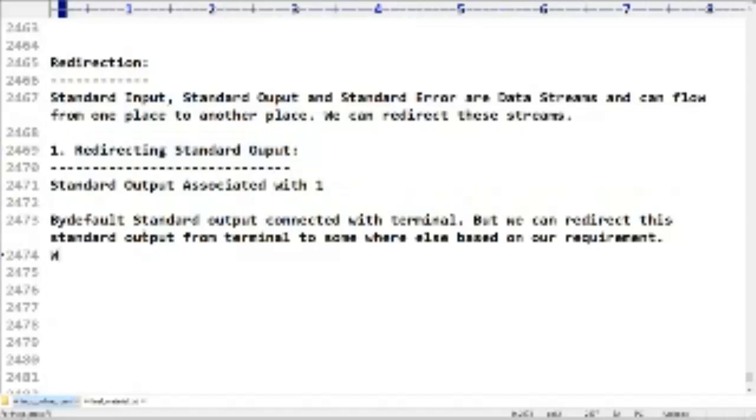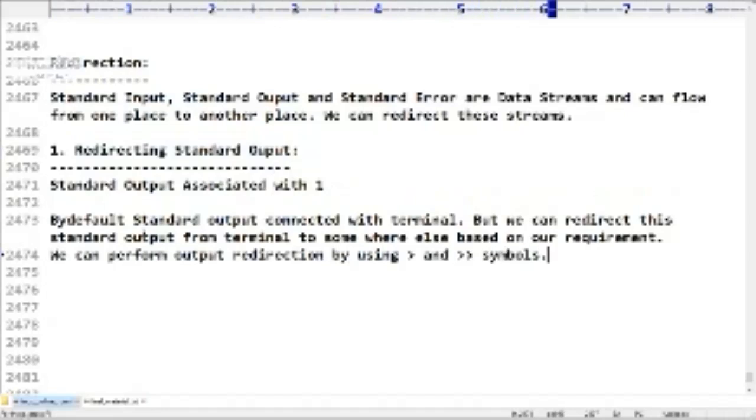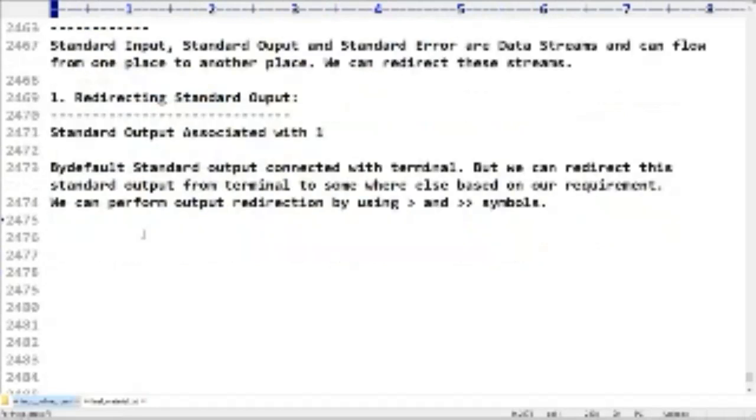Next, we can perform output redirection by using the greater than and double greater than symbols. Any doubt about this? Please confirm. Up to this point it is clear for all, right? Now what is the difference between these two symbols? We have been using them from the first class onwards.